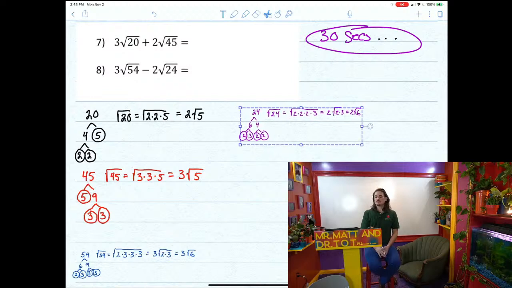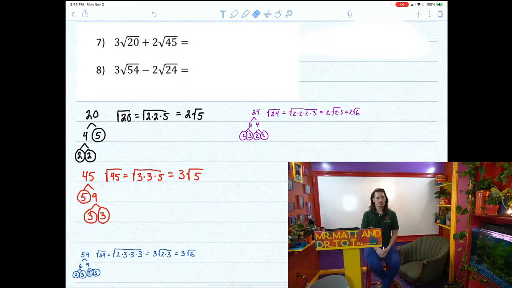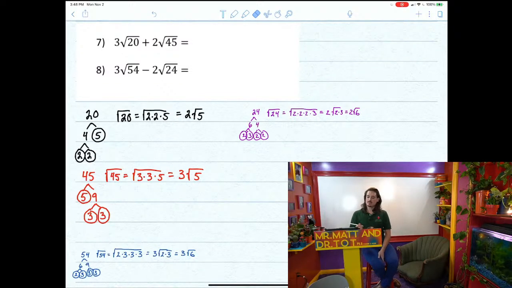Okay, so looking at number 7, we have 3 root 20 plus 2 root 45. I started to simplify those radicals while we were working. So root 20, we can simplify that, break 20 down into 4 times 5. 5 is prime, but 4 breaks down into 2 and 2. Actually, I'm sorry, let me